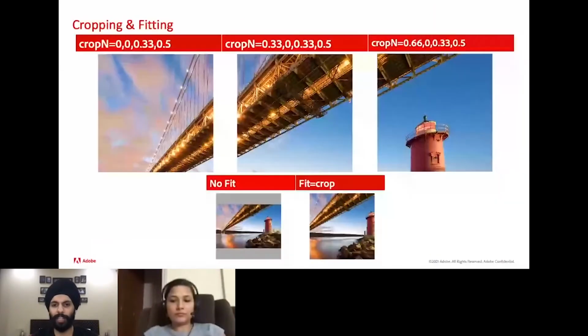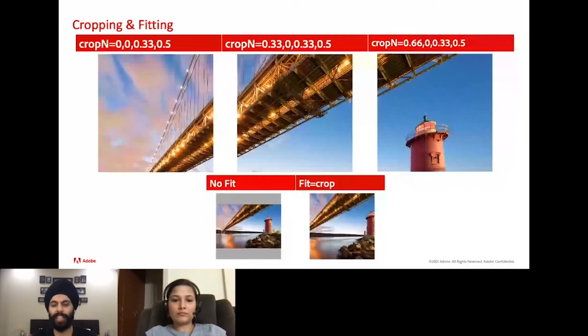Next is crop and fit. Crop is used to extract a rectangular portion. Fit mode specifies how the scale factor is calculated, which is used to scale the composite image to the response image when the response image size is specified with width and height, and scaling is not present. We have been frequently asked how to avoid white spaces in rendition where the preset aspect ratio does not match the original image aspect ratio. In such scenarios, fit equal to crop can help to avoid the white spaces in the renditions.